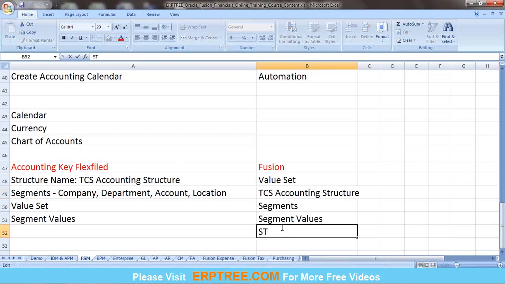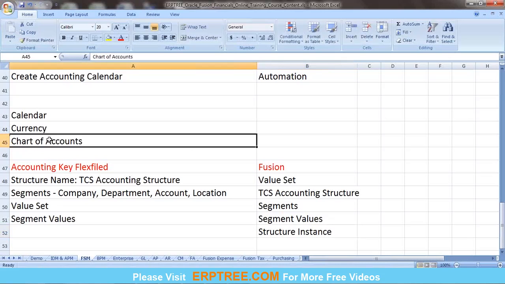Here, after completing this in Fusion as additional setup, we have to complete the structure instance. We have to create the structure instance. When we are creating, we'll understand what the purpose is and how it works. Okay, to create the chart of accounts in Fusion, to capture the details of the transaction, description of the transaction, these